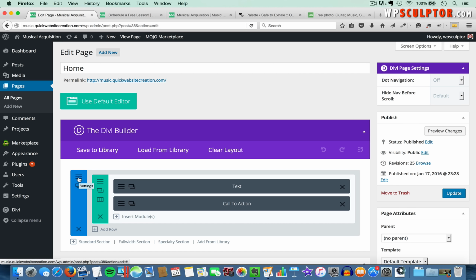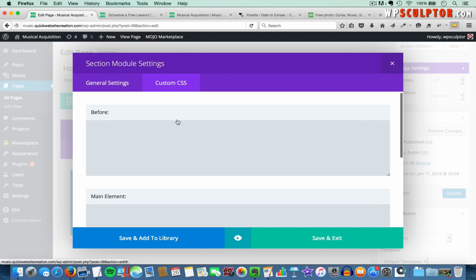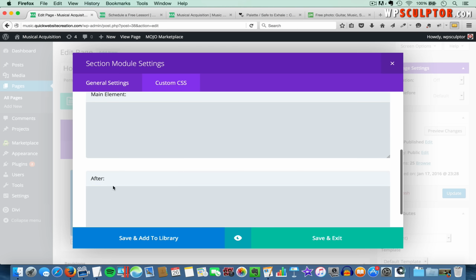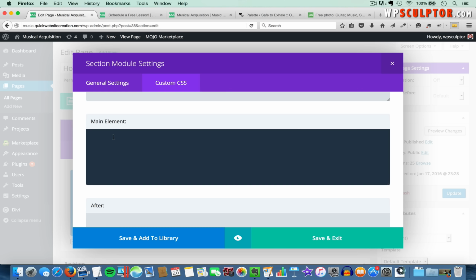Then I'm going to click on the settings button for the section since we want to adjust the section height. So I'll click on that. And then I'm going to switch to custom CSS. And then you have this before, main element, and after. And I always add, if I use CSS code, I always use the main element section. So I'll click here. We're going to type in min-height :